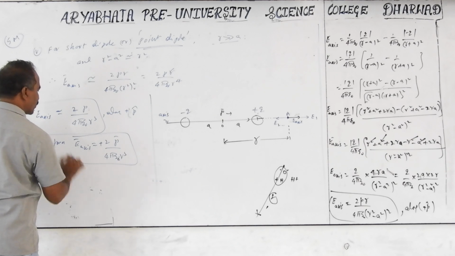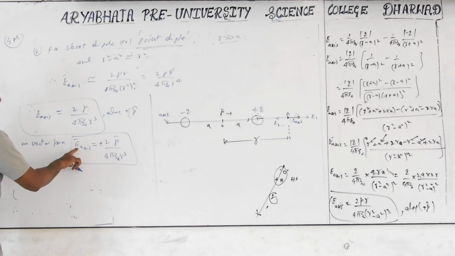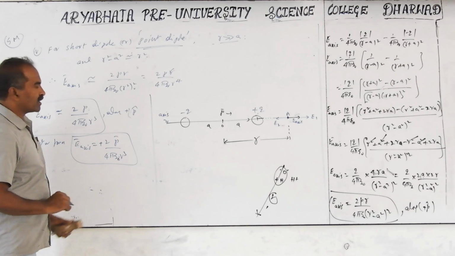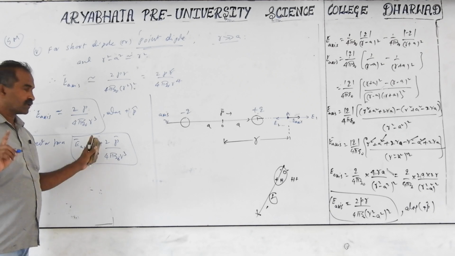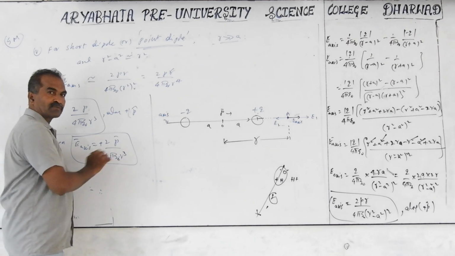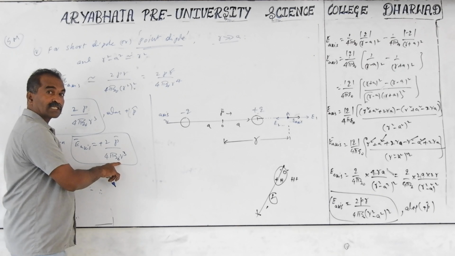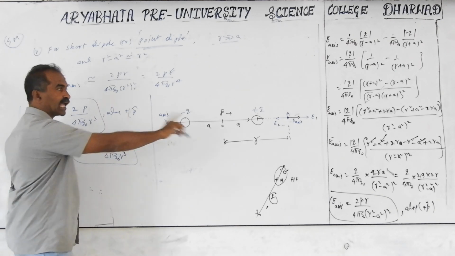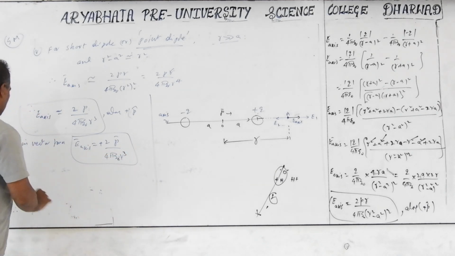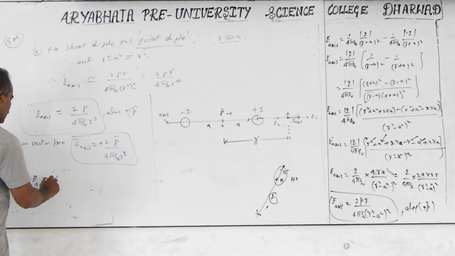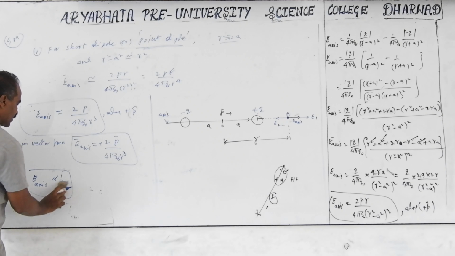So this becomes an important relation related to the distance. In the force formula for a single charge, force is inversely proportional to r square, and electric field is also inversely proportional to r square for the single charge. But if you take the dipole, on the axis, the electric field is inversely proportional to r cube. So here we get the relation: E axis is inversely proportional to r cube and directly proportional to dipole moment. More dipole moment, more electric field.